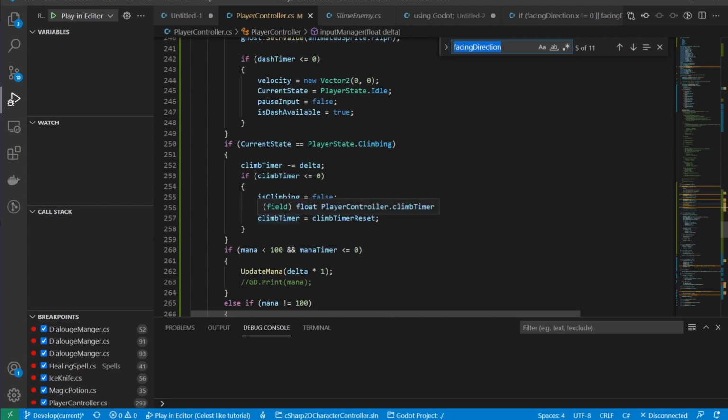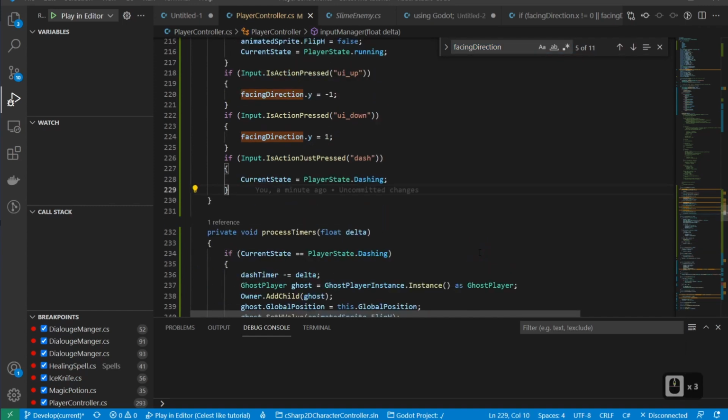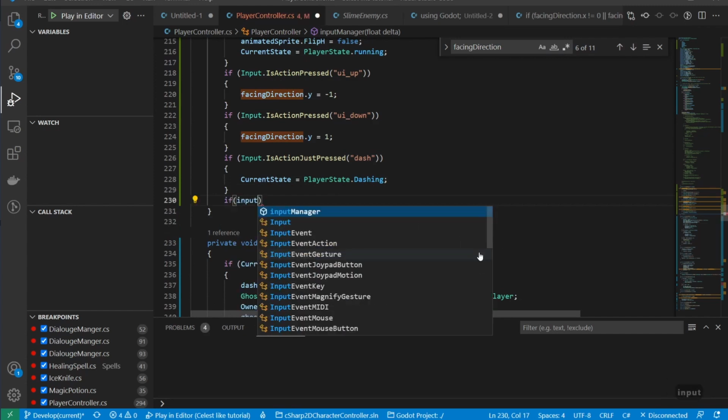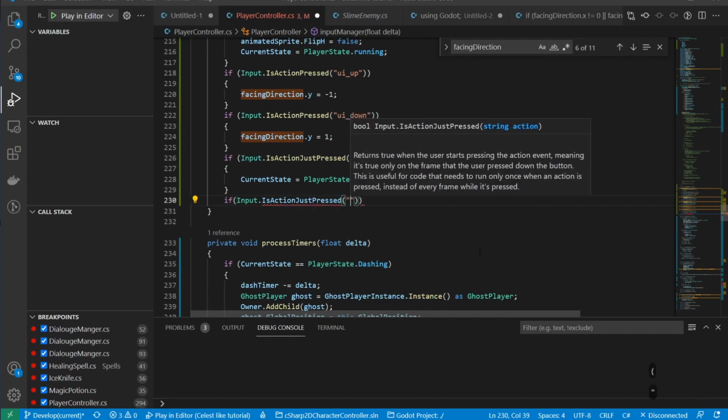Awesome. So now we just got to get our jumping working. Now, you could make jumping a state if you wanted to. However, it's going to be really hard to juggle that state. So instead, what I'm going to do is come down here where my dash is, and I'm just going to say, hey, if Input.IsActionJustPressed jump,